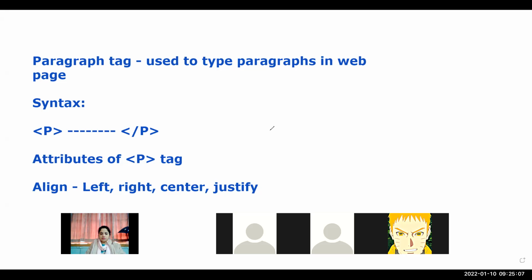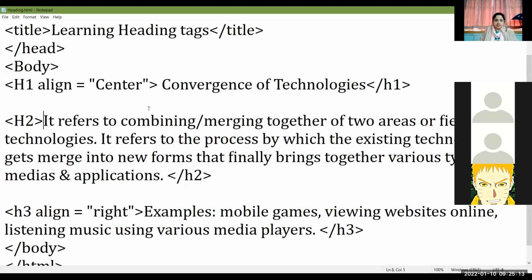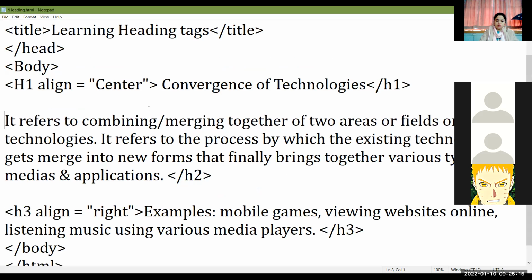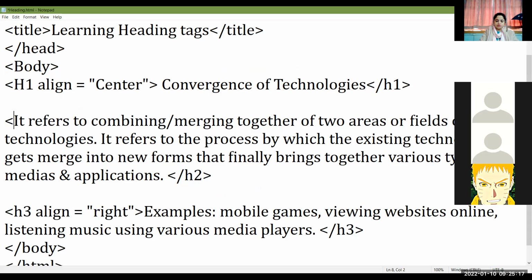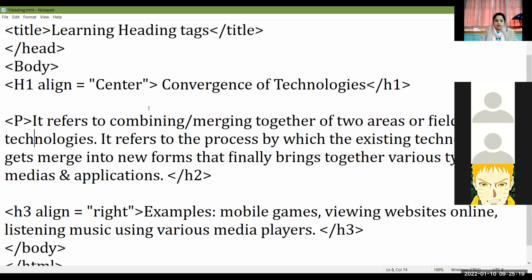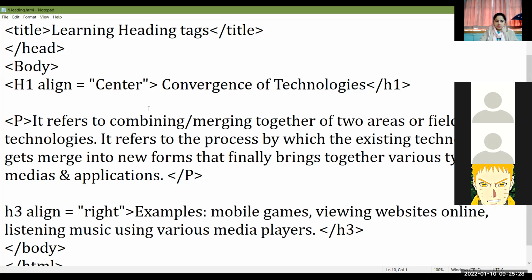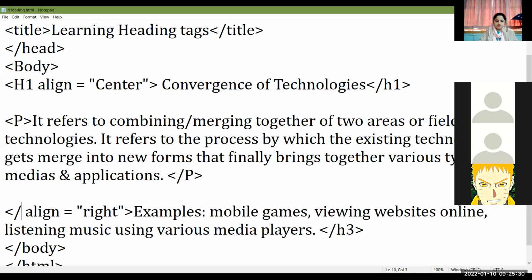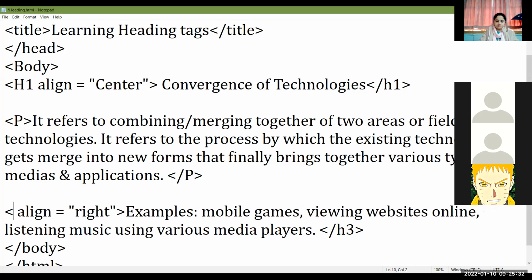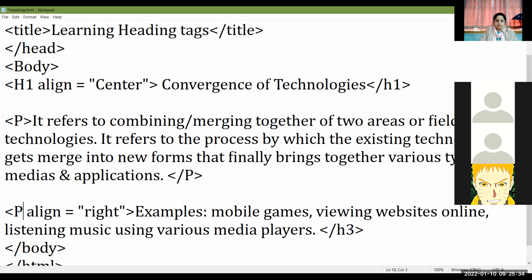Okay, now we can type paragraphs in Notepad. Now here I'm giving this H2 tag. I'm using now P tag to type this paragraph, and I can give here closing P tag. This is paragraph. Again, this is paragraph. I'm giving P tag. Okay.